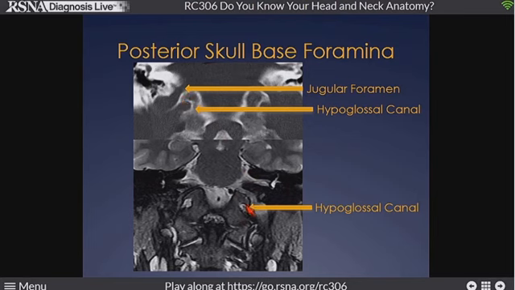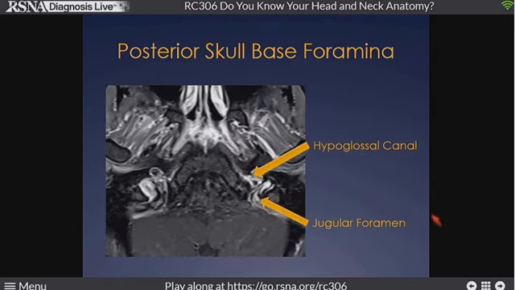On MR examination here, T2 weighted sequence, you can see the small hypoglossal nerve surrounded by a venous plexus and sometimes a little bit of CSF space. Easy to depict, you see it consistently. If you want to think about that relationship, I'll just show you on axial sections, it makes a bit of sense. The hypoglossal canal is anterior in relationship to the jugular foramen.